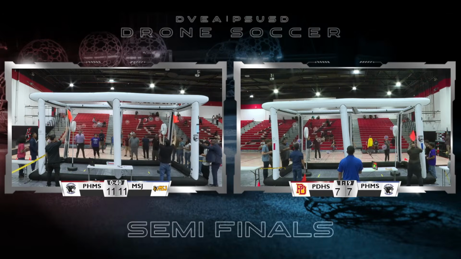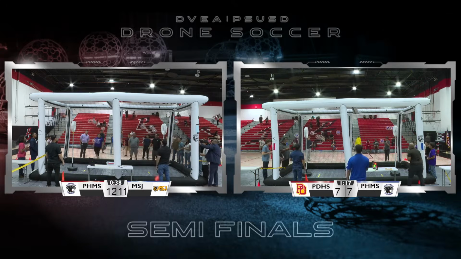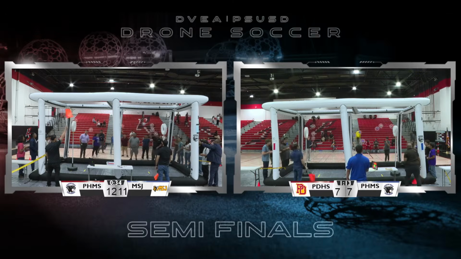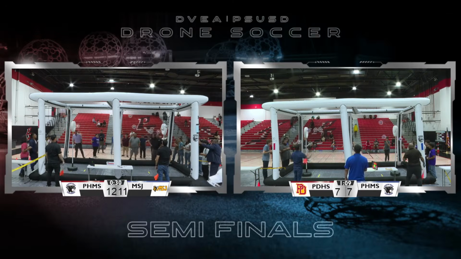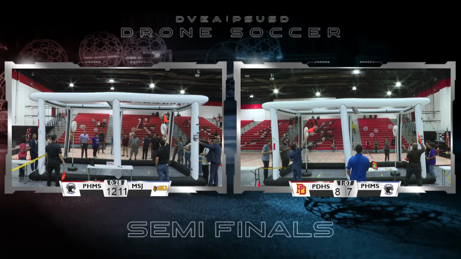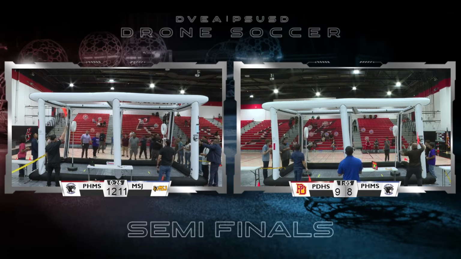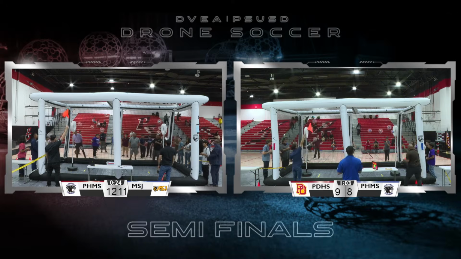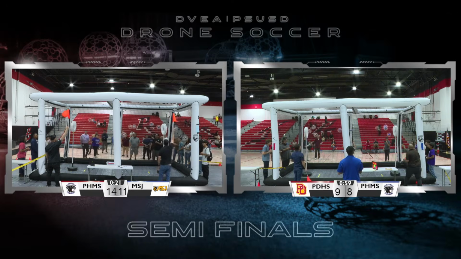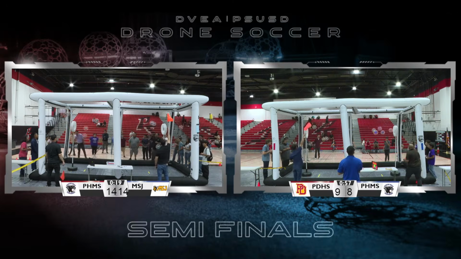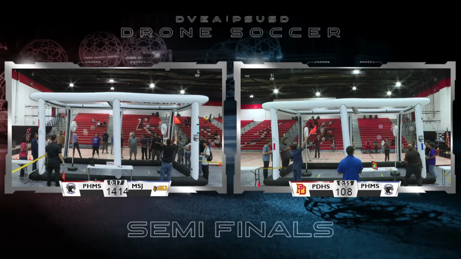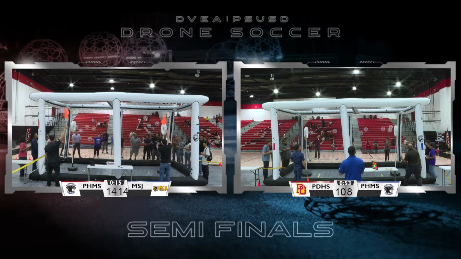Still plenty of time, very tight game. 12-12 now with 30 seconds left to play. I'll refrain from yelling the score because that score can change slightly at the end, we know, but it's a very tight game going point for point with less than 30 seconds left to play. Mount San Jacinto and the Panthers at Painted Hills Middle School, 14-14. Still more than 10 seconds to play. Tie game.